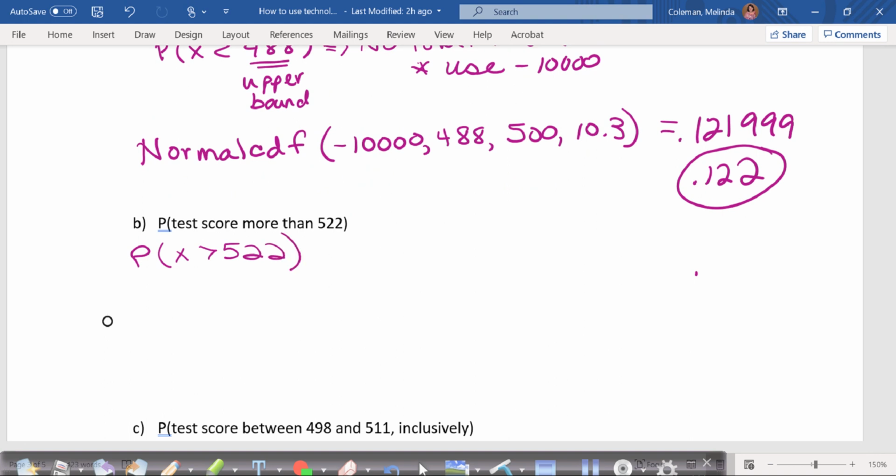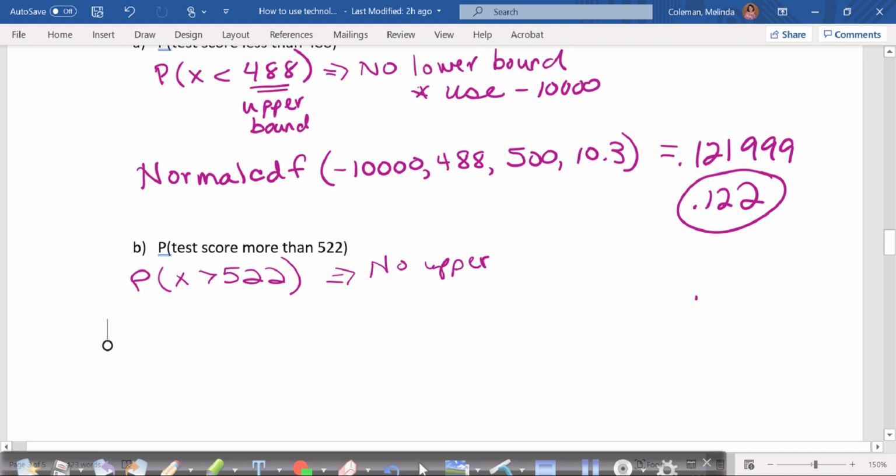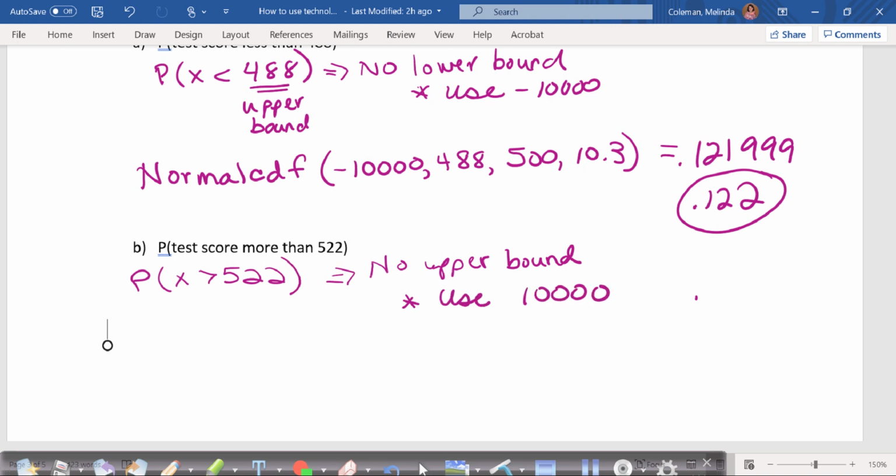So this time again, it could be 522, could be 523, could be 524, could be 600, could be 700, could be 800. We just don't know. So this time, again, there is no upper bound. And if there's no upper bound, we're going to use, this time, positive 10,000. It gets us far enough away from what the boundary would be. And if we did that, we would have normal,